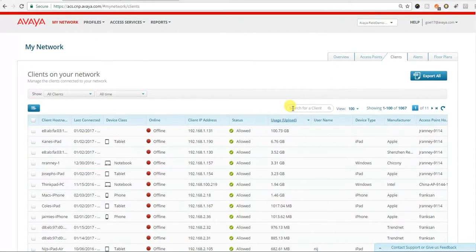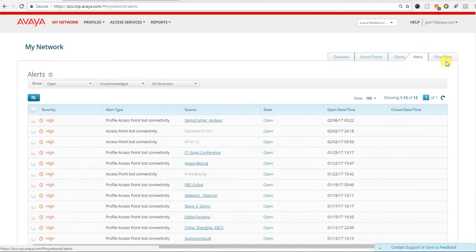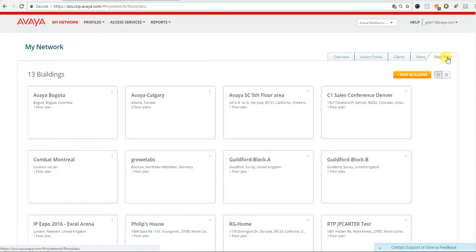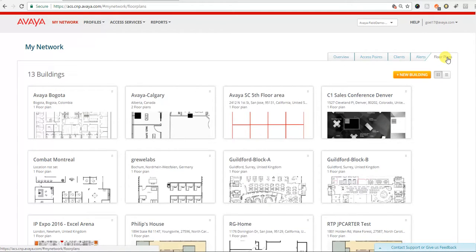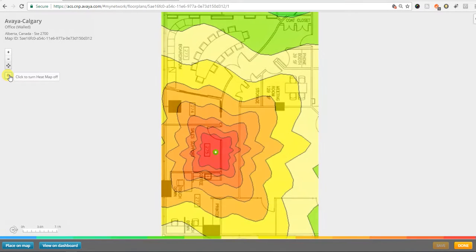Now, other interesting things are, I can see the list of alerts on my network right now. If I want to import a floor plan, I can import a floor plan by site, and I can attach an AP to that floor plan as I'm showing here. And once you size the floor plan here in the map, attach the AP in the right location, and turn on the heat map, then you can remotely start diagnosing any user experience and RF related problems at any of your sites. So here I can see if I've got enough coverage for this whole site,